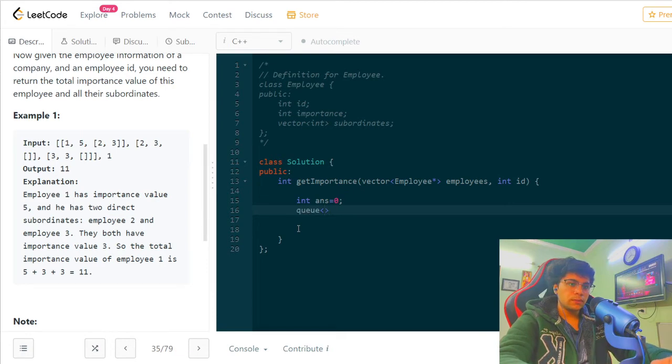In this queue, let me make it for employee only. Oh, perfect. Okay, just a second. I don't want to add the employee in my queue. I just want to add its first element. So for that, what I can do is,